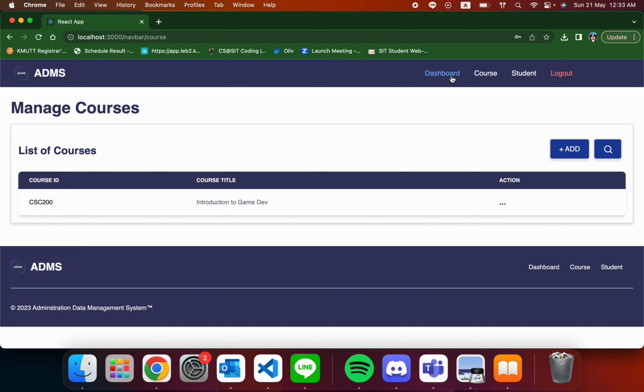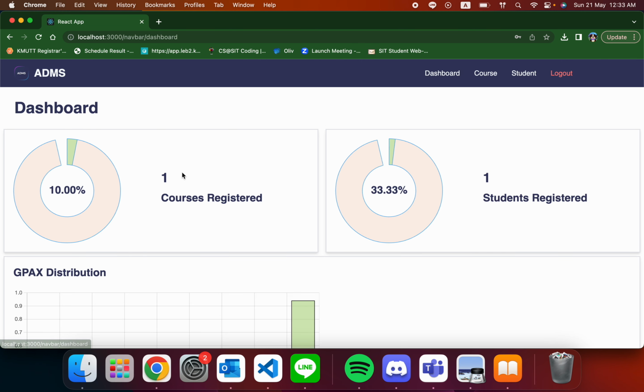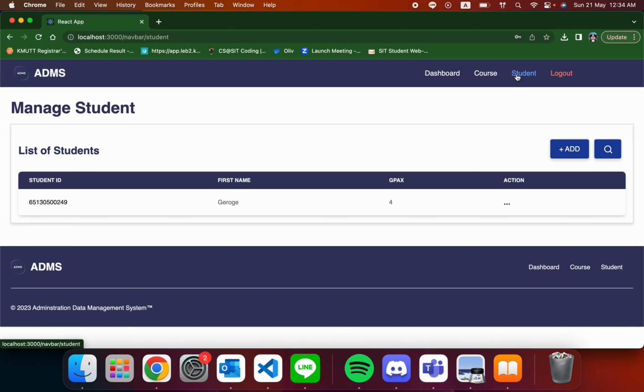Now the course has been removed. We check the dashboard. There's only one course registered. That's cool because we just removed a course. And John is also removed because John was only enrolled in the course. And since the course has been removed, the student will also be removed. And another thing to show is that